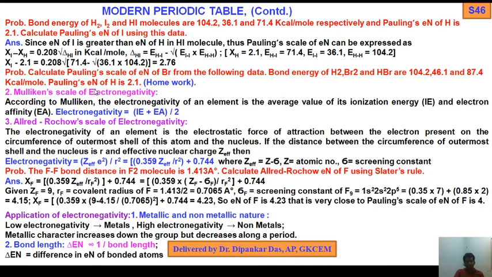Clear? So again I recap these portions: electronegativity and electron affinity difference, and the expression of electronegativity in different scales: the Pauling scale, the Mulliken scale and the Allred-Rochow scale. And the most important is the Pauling scale of electronegativity. We find that chi A minus chi B equals what?